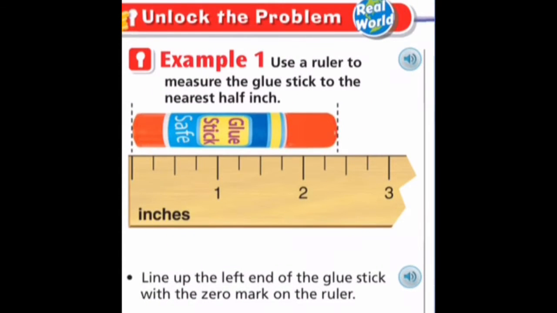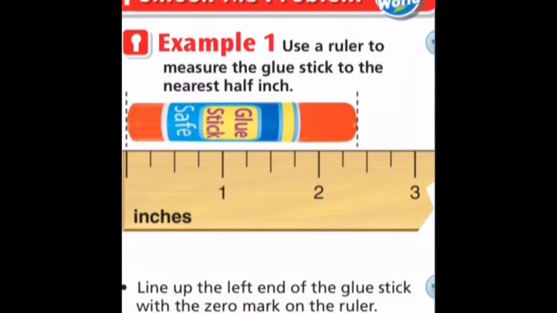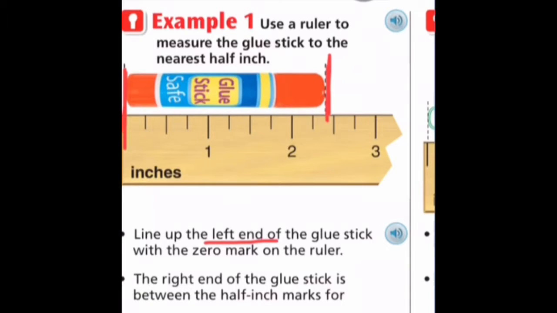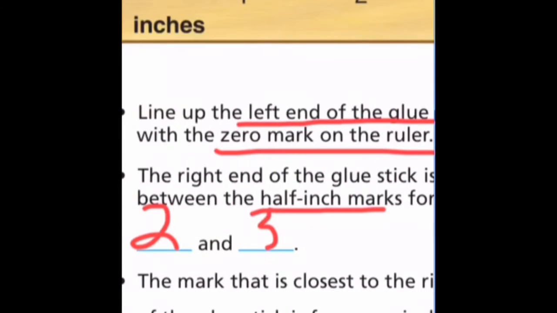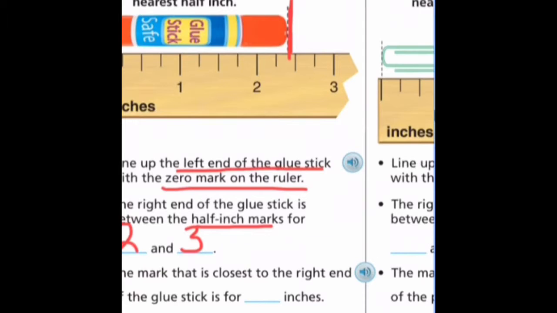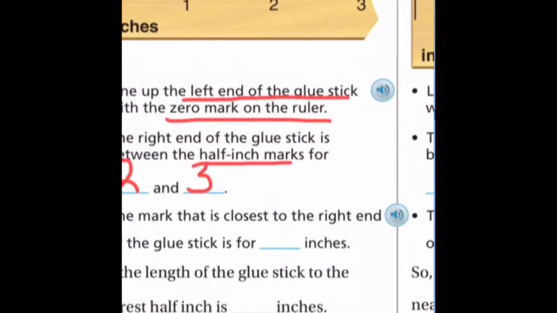Unlock the problem. It says use a ruler to measure the glue stick to the nearest half inch. We start here at the edge, on that little line, and the glue stick ends right here. As it says, line up the left end of the glue stick with the 0 mark on the ruler. The right end of the glue stick is between the half-inch marks for 2 and 3 inches. The mark that is closest to the right end of the glue stick is for